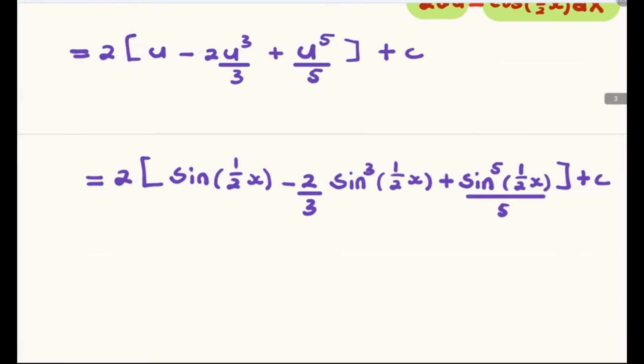Now we distribute the 2, and this will be equal to 2 multiplied by the sine